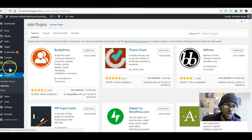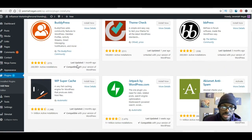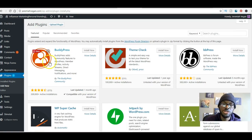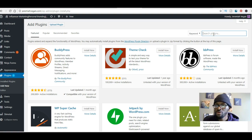Alright, so if you go to plugins and you go to add new, they will show you a list of featured plugins. We already went over what plugins are, and we're going to basically type in plugins if we want to add different functions to our site. You can look up different plugins to enhance your site, or you can do what I do every once in a while and just search for different plugins and see what comes up according to the